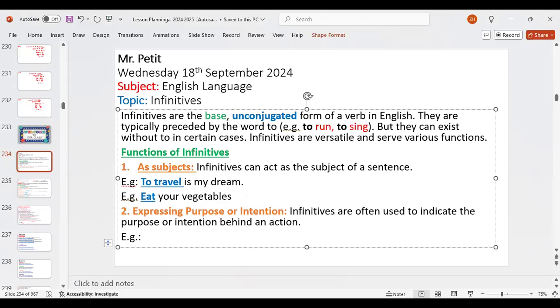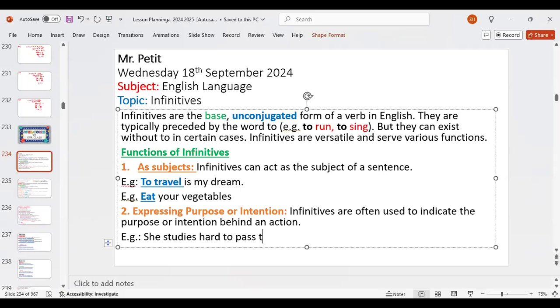So she studies hard. How can I finish this off with an infinitive that expresses intention or purpose? To get good grades. To get good grades in school, so she could pass. So what infinitive could I use? On the honor roll. To be. To pass. Right. So she could pass.